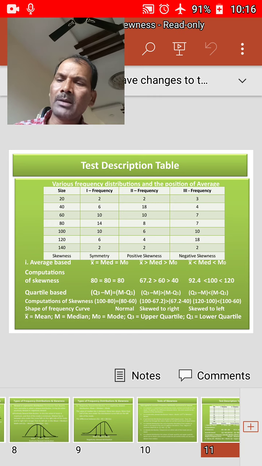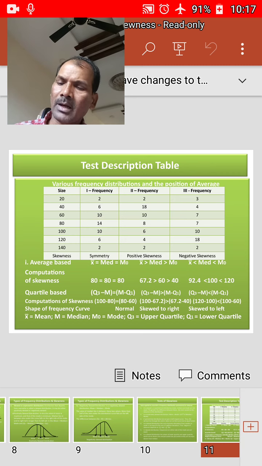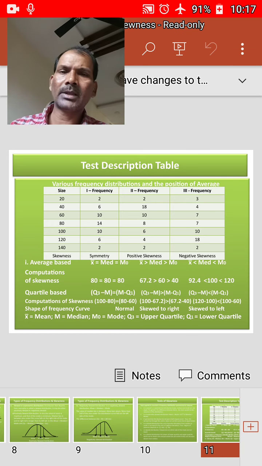Okay, that means the center value, the size of the item located at the center value, that is 80. Okay, that is median. Arithmetic mean 80, median 80, and mode, the highest frequency that we got is 14. The 14 corresponding value is 80. Hence, mean is equal to median, which is equal to mode. Whereas in case of